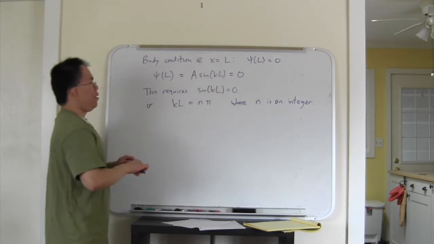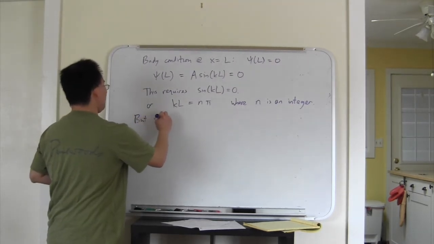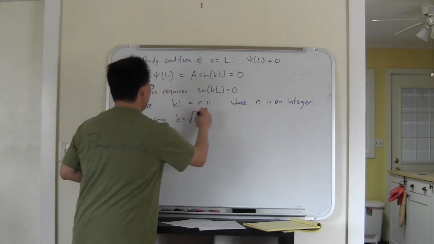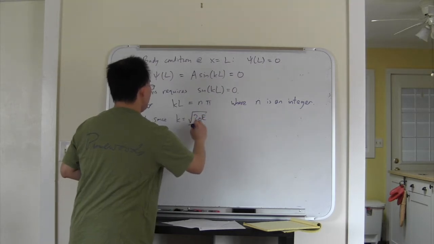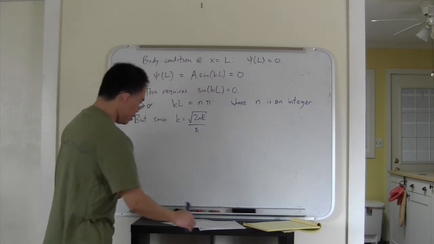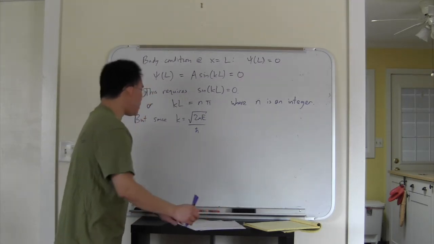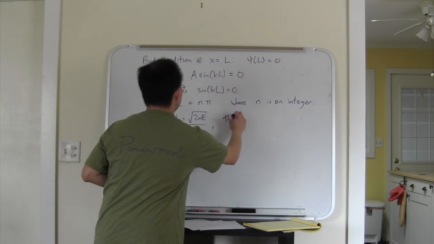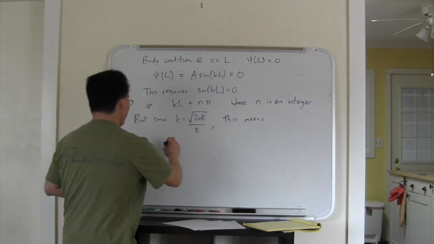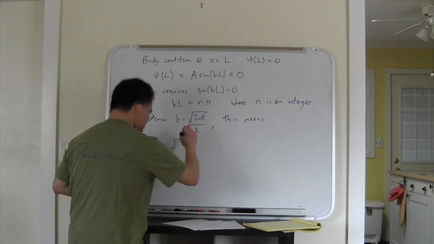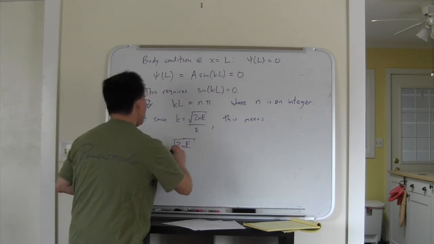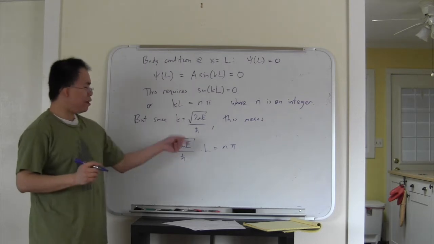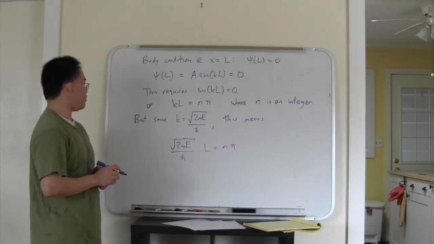But since k we defined as the square root of 2mE over h bar, what we then have is, this means, so k times L, so root 2mE over h bar times L equals n pi, or if we go and solve for the allowed values of E,